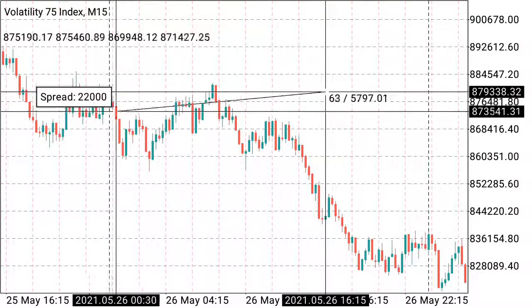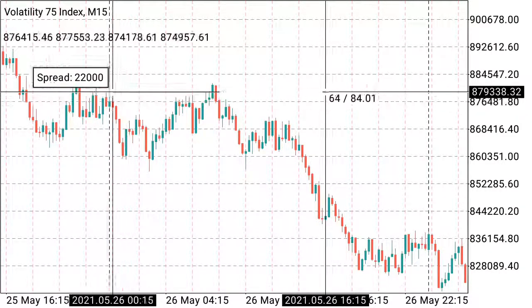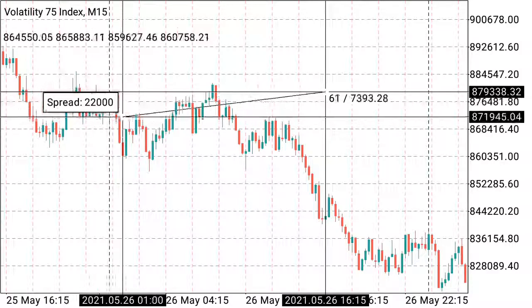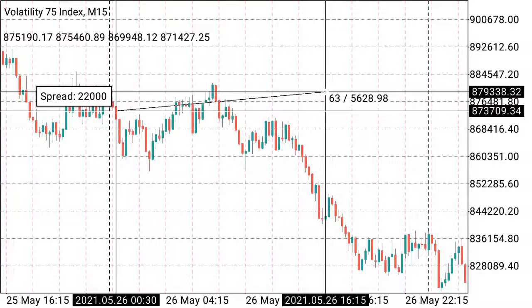So remember, you allow the second 15 minutes candle of the day to be born before you do your analysis on the first 15 minutes candle of the day. So that is from 12:15